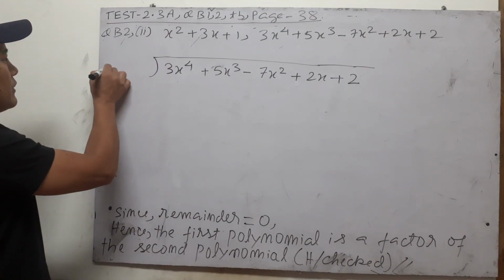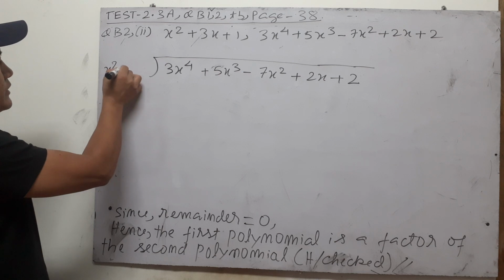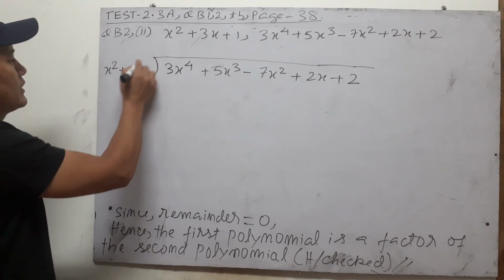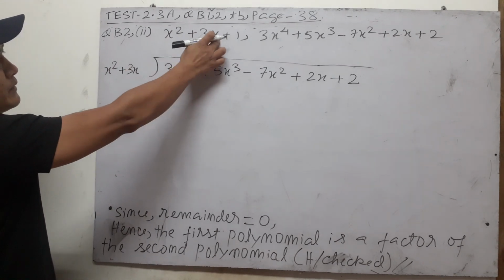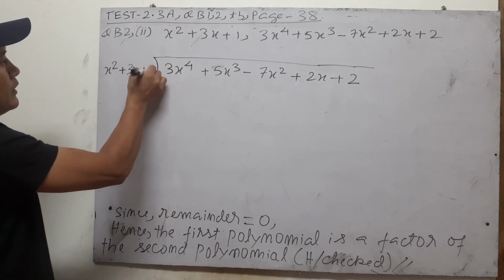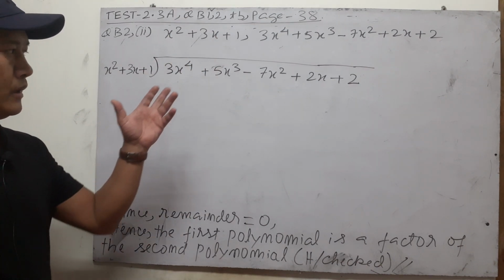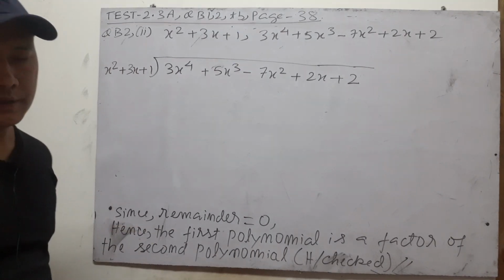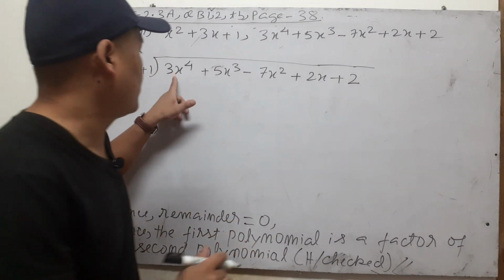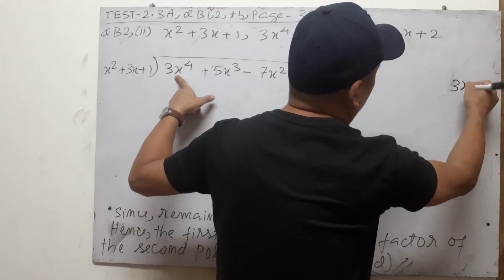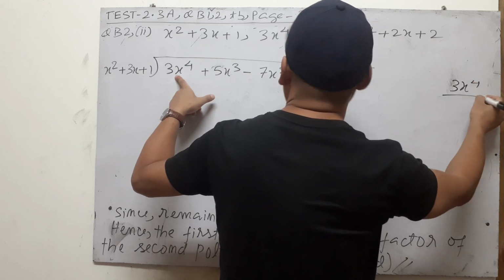Then write down this one, x squared, first highest power 2, x to the power 1, second highest power, not the front, the powers of x, okay, and no x in the third. So already both the dividend and the divisor are in the standard form. Then take the highest degree term of the dividend, 3x to the power 4,